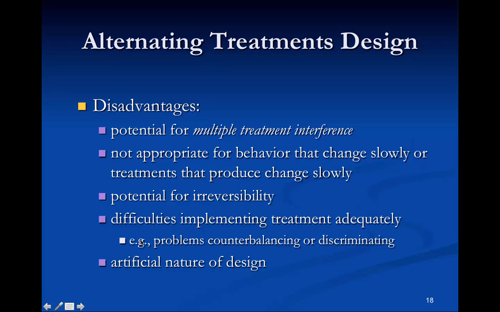Although sometimes you will see examples, and I've worked with these individuals, where they never could discriminate in an alternating treatment condition. It was just too fast moving back and forth and back and forth. So we had to do a reversal kind of condition with them. All right, and finally is the artificial nature of the design. We talked about last time